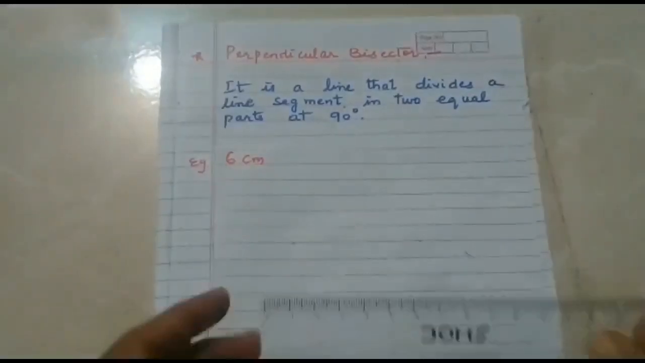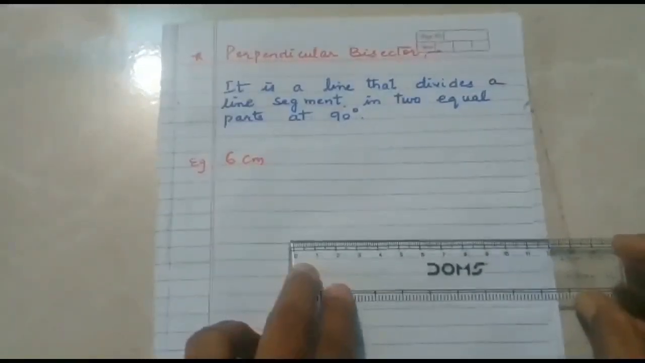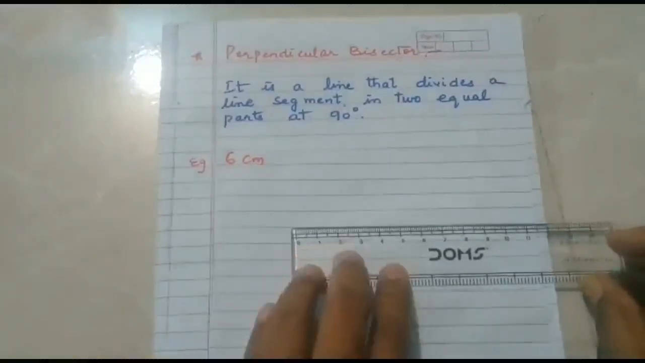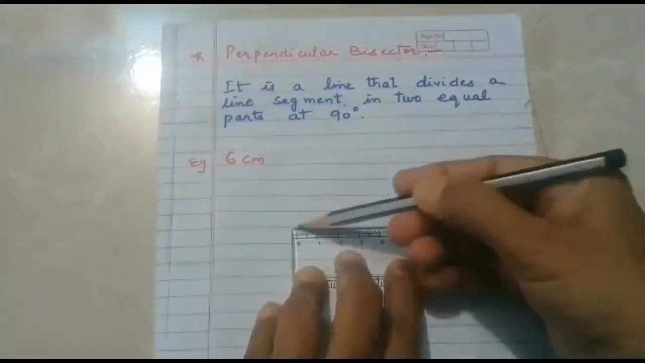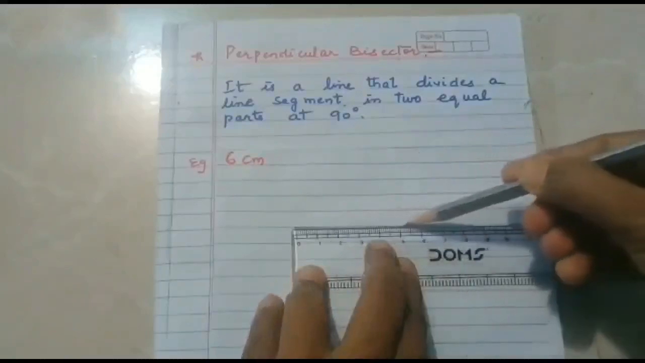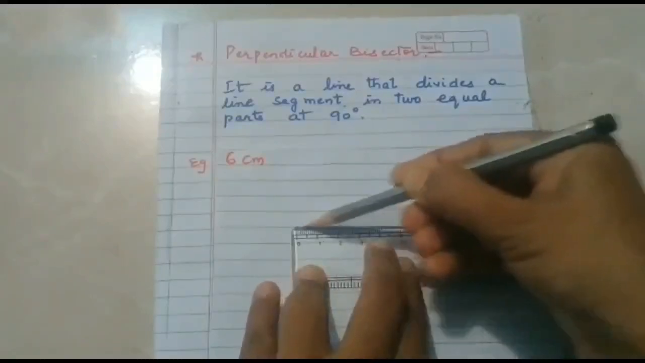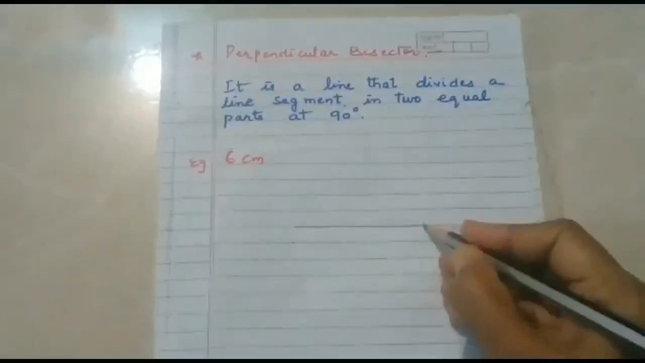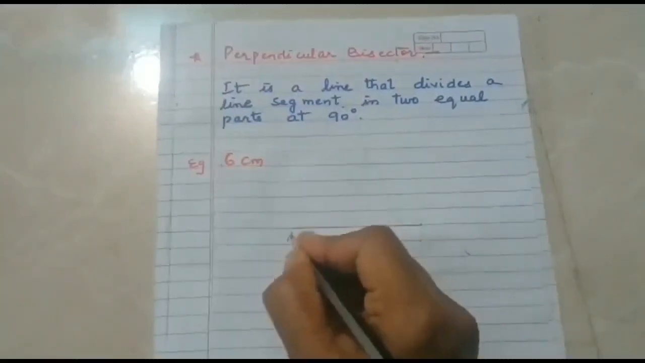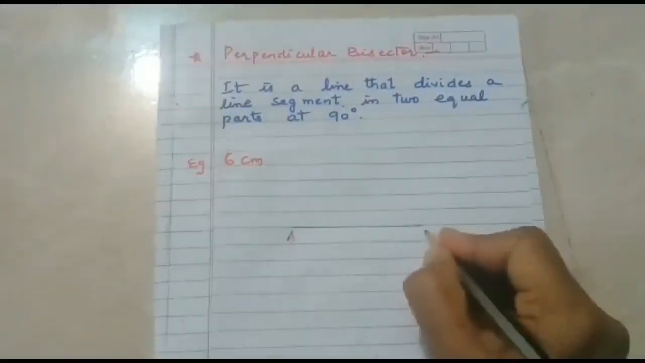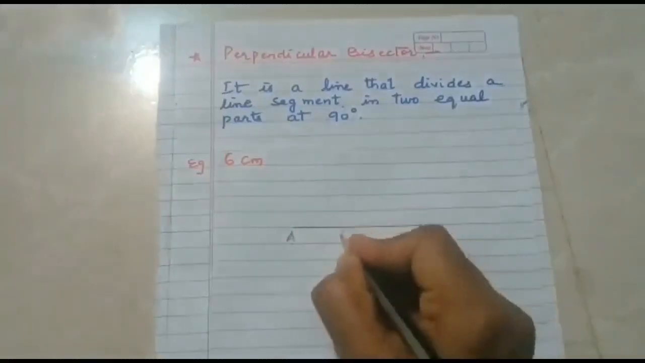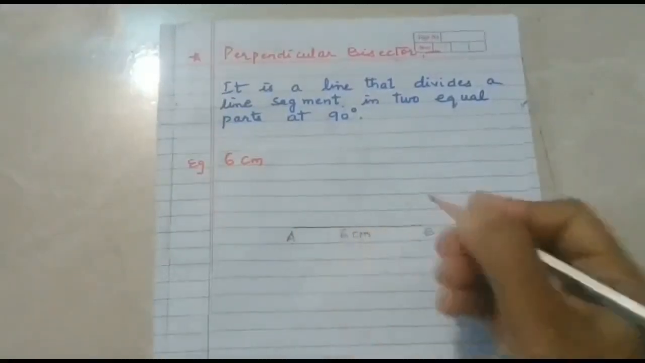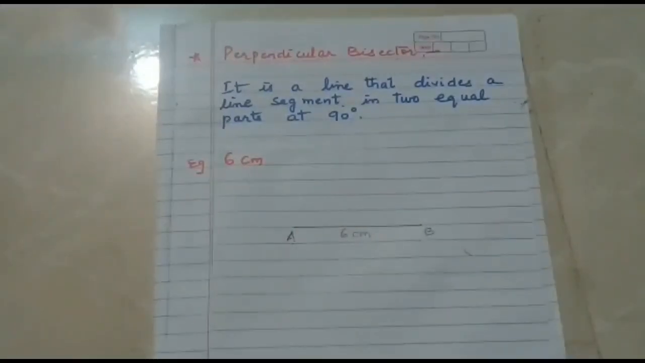What you have to do is take a ruler and place this ruler on the notebook. Starting from 0, you are going to draw a line segment up to 6 centimeters. Okay. Now name the segment as A and B. Label the segment as 6 centimeters. Then